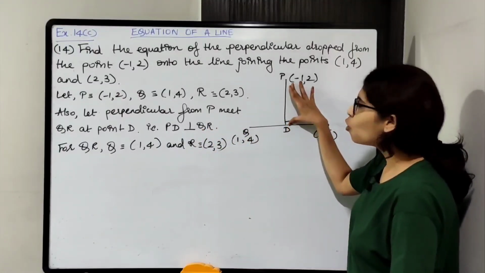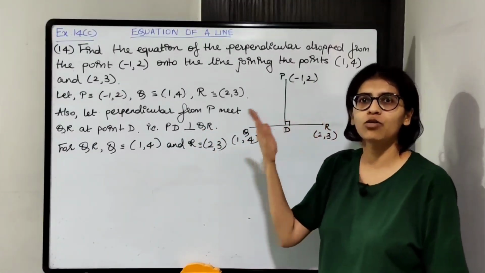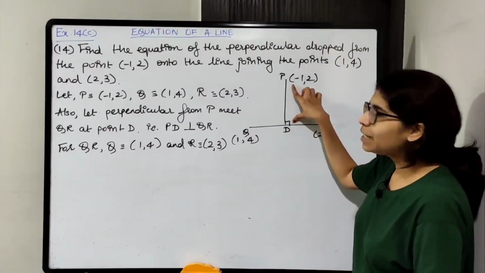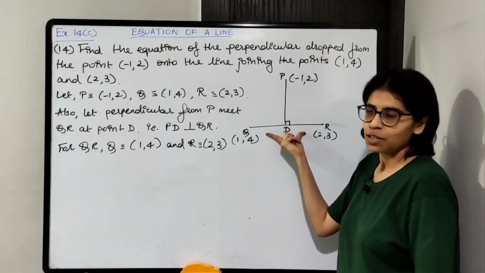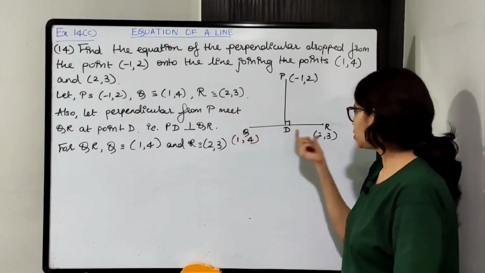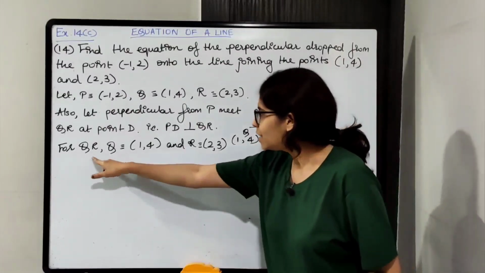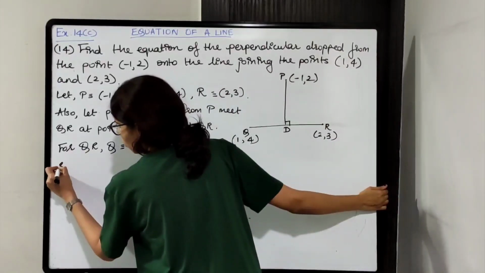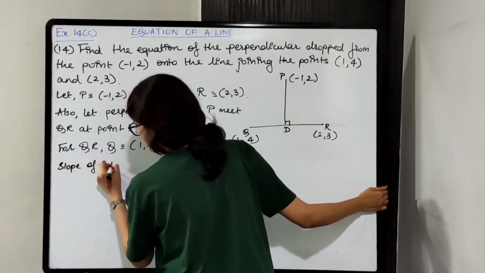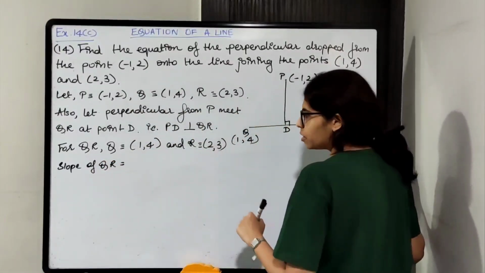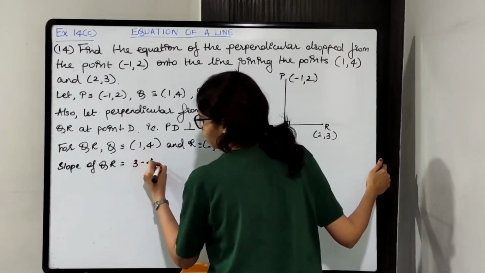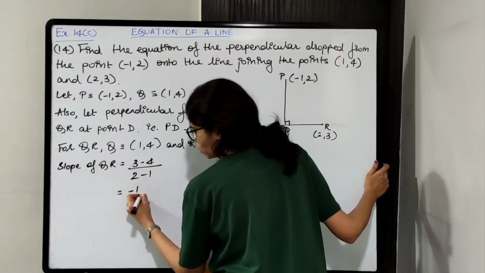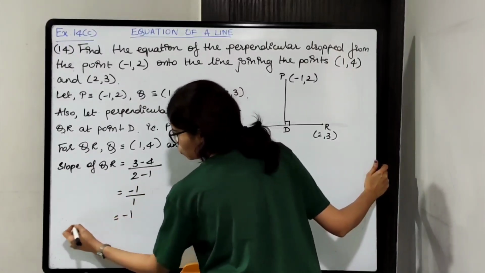Now we need the slope of PD so that we can use the point slope form. Okay, we know the coordinates of the point, we need the slope. So for the slope of PD I need the slope of QR. So the slope of QR is easy to find because I know the coordinates of Q and R. Okay, so write this down for QR, the coordinates of Q and R. Now we'll find out the slope of QR. So first we'll subtract y coordinates, 3 minus 4 upon 2 minus 1. 3 minus 4 is minus 1. 2 minus 1 is 1, so that will be -1. Slope of QR.